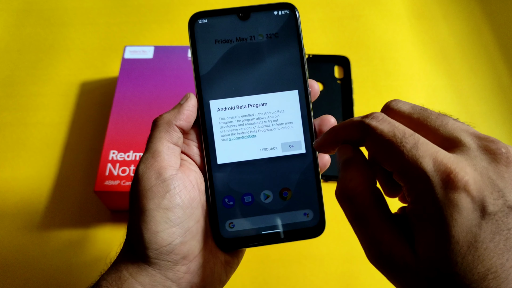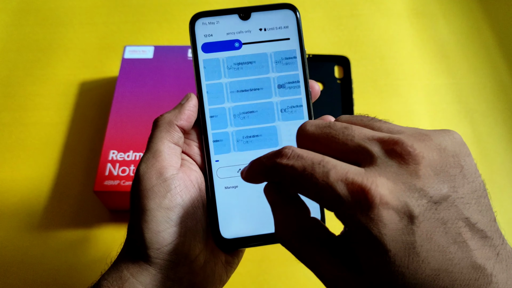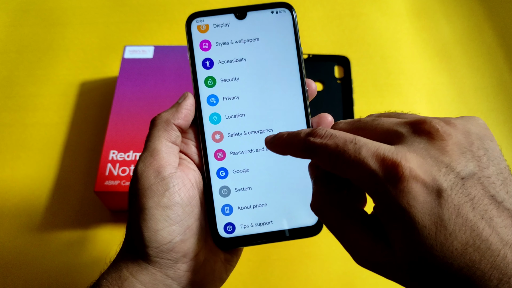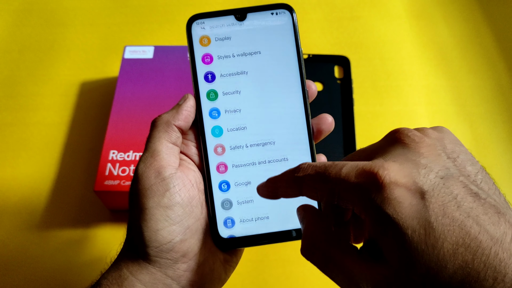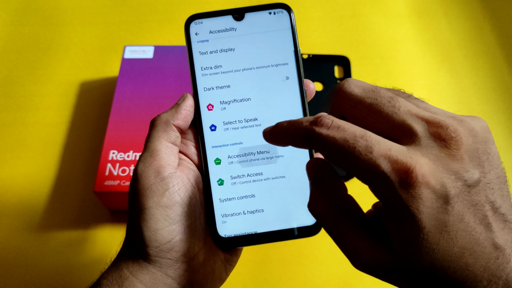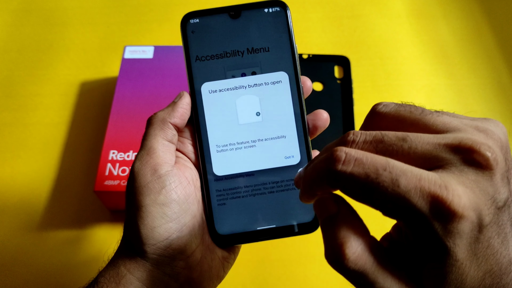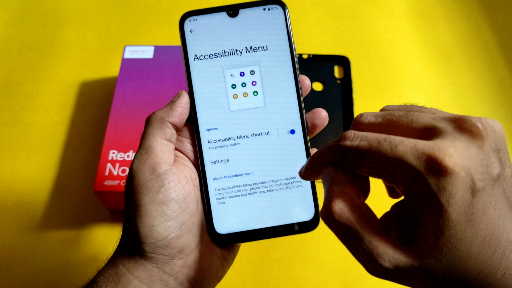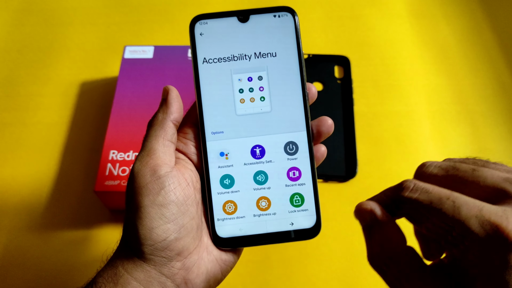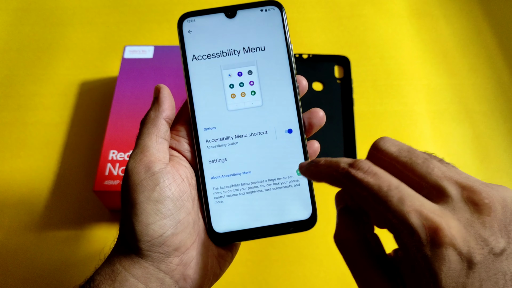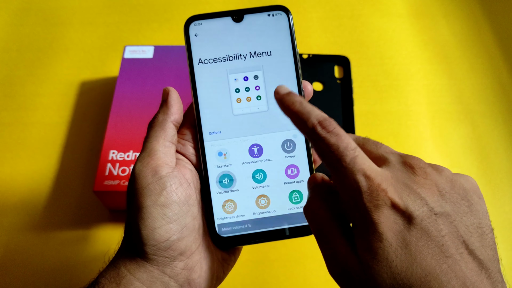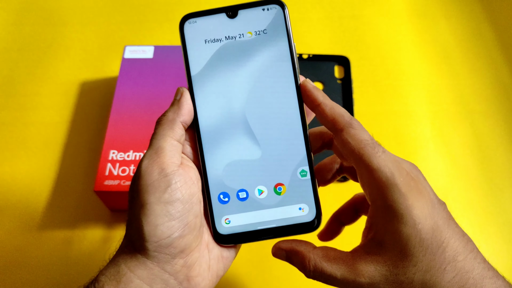And beta program, it shows like this. I already showed this. And this is how the quick settings panel is the highlight of this Android 12. It's a major change compared to any Android versions we have seen previously. And coming to accessibility menu, here also I have seen this major menu settings. As you can see, you will get a button instead of swiping up from the pill. This is very good, an easy way compared to swiping from the bottom. It's difficult. I already showed in many ROMs. Do check out my previous videos also, you will notice that.